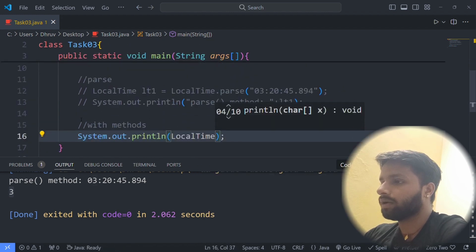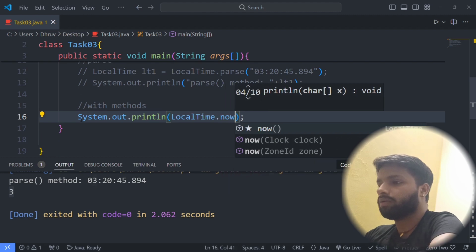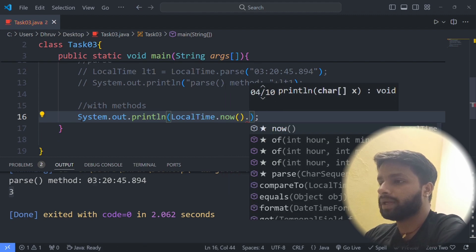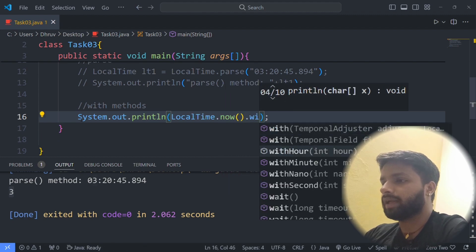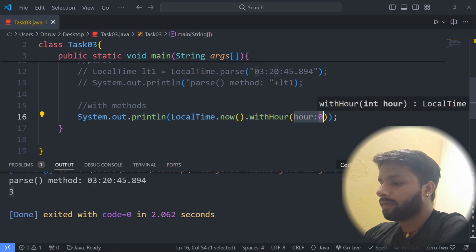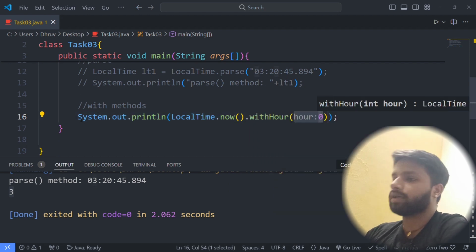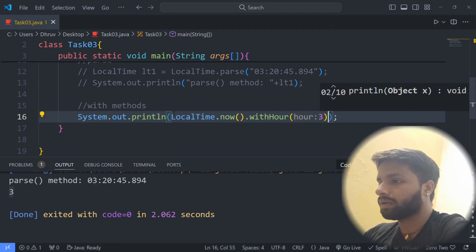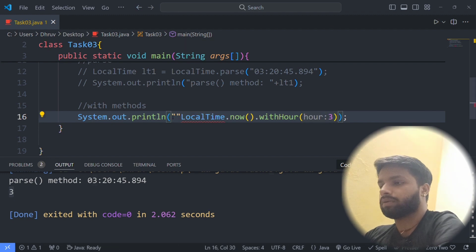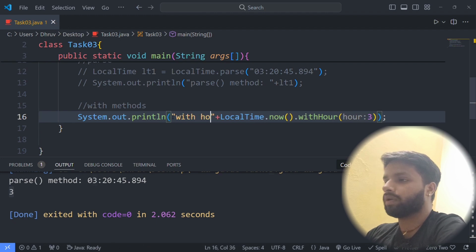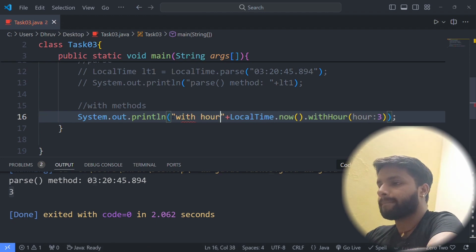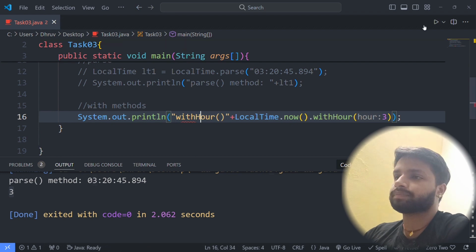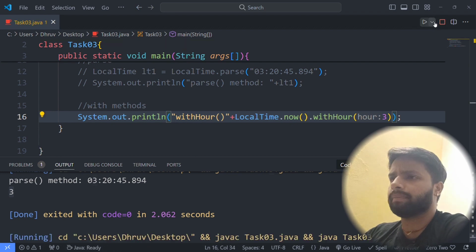LocalTime dot now dot withHour, and I will add 3 here. Let me write it here, withHour.